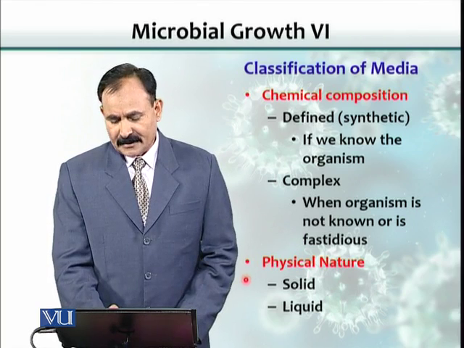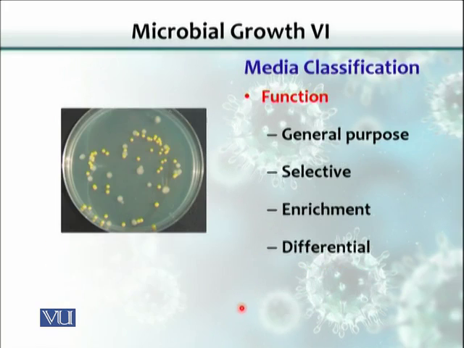Based on the physical characteristics, the medium could be either solid or liquid. Based on the function, the medium could be a general purpose medium. This is a medium that supports lots of microbial species, but not all of them. The second category is a selective medium. Selective media are those that selectively support the growth of certain bacteria, and they would discourage the growth